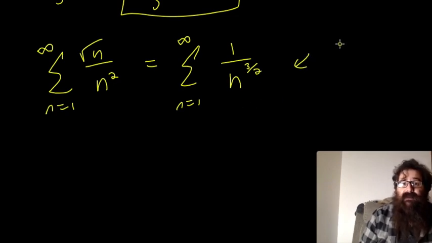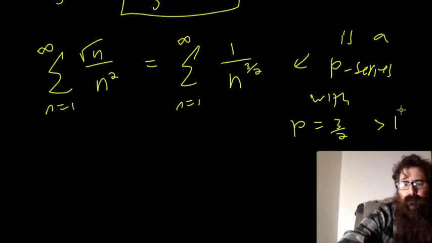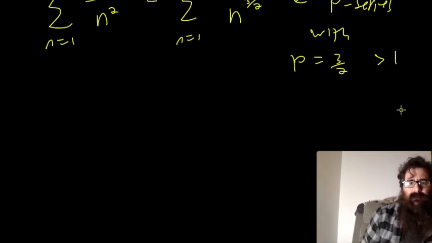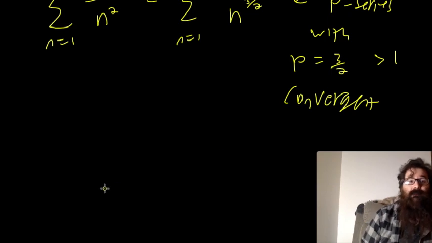This is a p series with p equals 3/2, which is greater than 1. I think sometimes we refer to these as partial p series, but I just call it a p series. A p series with p something greater than 1, which means it is convergent. Which means that